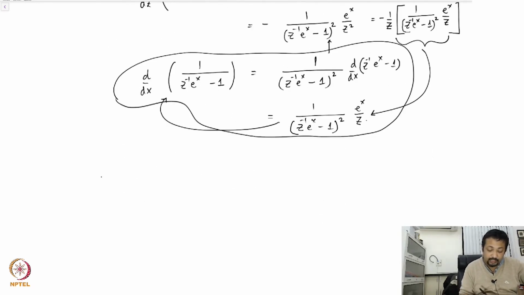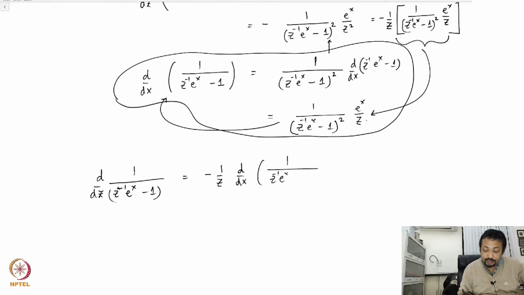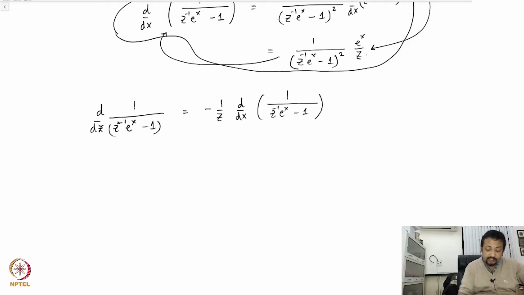So therefore, I have d/dz of 1 over (z⁻¹eˣ − 1) is minus 1 by z of d/dx of 1 over (z⁻¹eˣ − 1). Now this you could have easily guessed if you considered that if I have a function, let's say a function capital F of z⁻¹eˣ, and if I want to take this, then this is going to be f dash eˣ over z square minus,